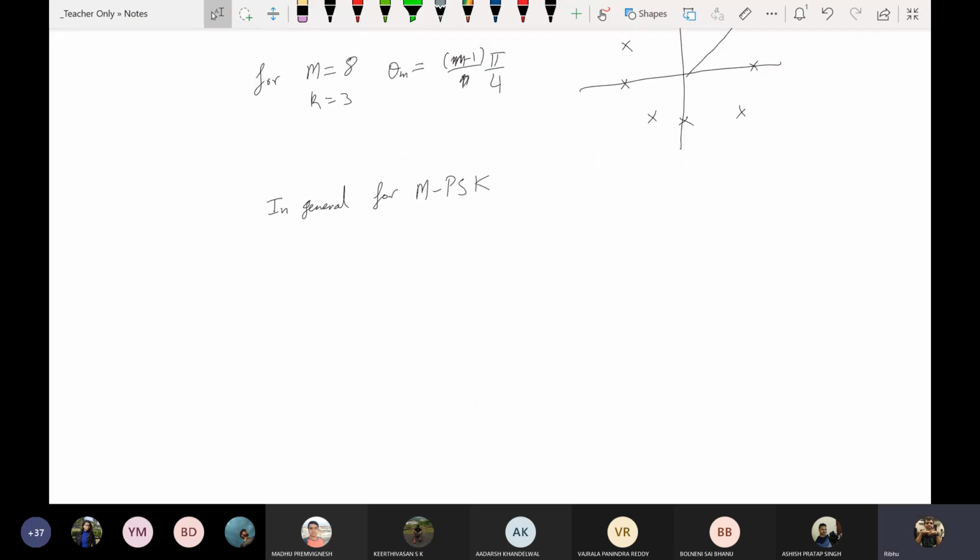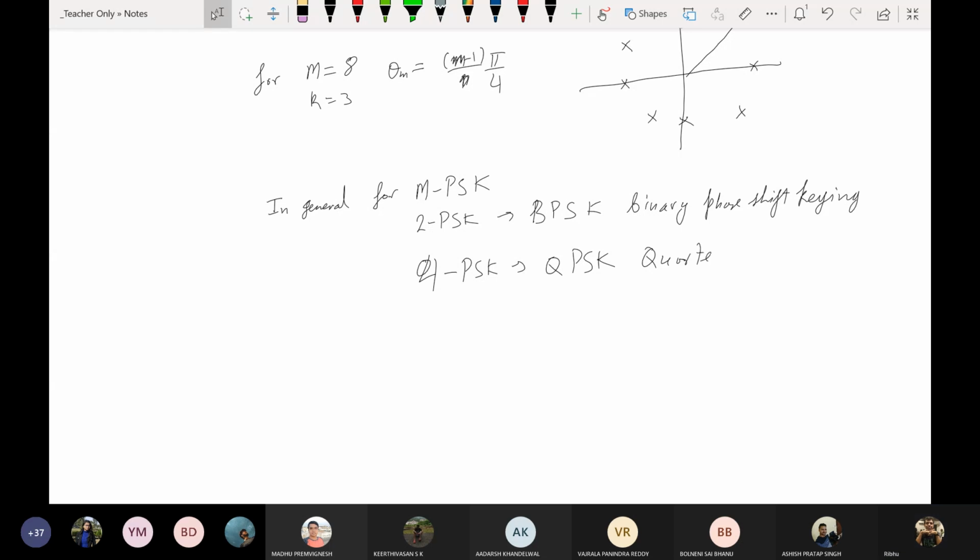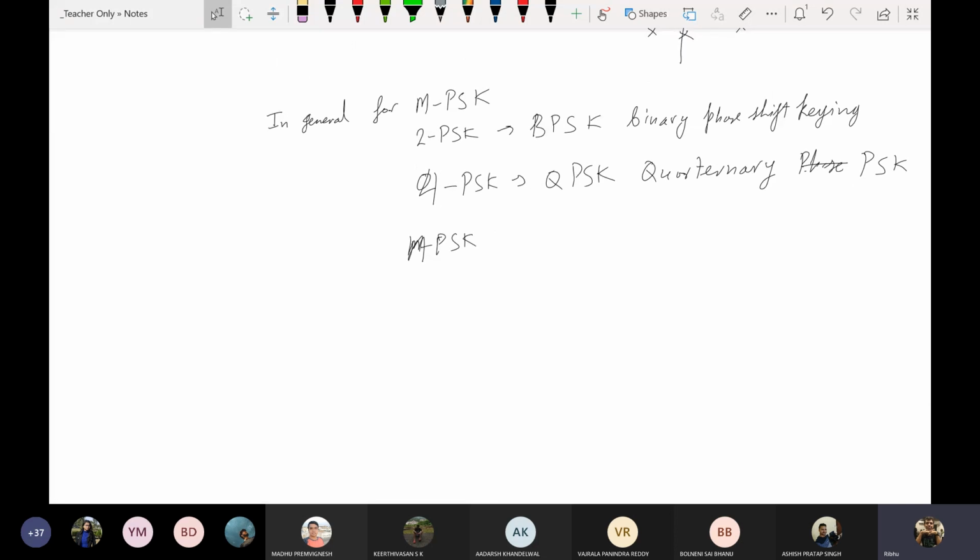For m equal to 2, 2PSK is called BPSK, or binary phase shift keying. 4PSK is called QPSK, quaternary phase shift keying, and after that we simply call it MPSK, where M is the number of symbols. In general, for MPSK, Mn equals